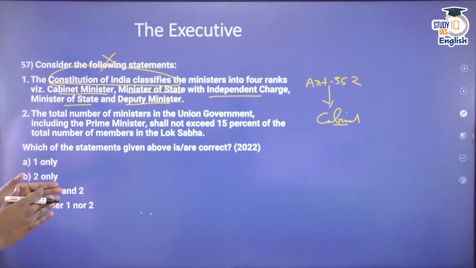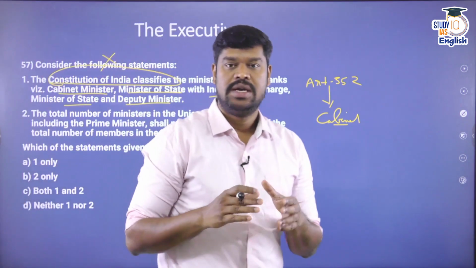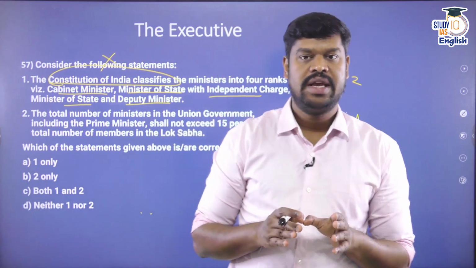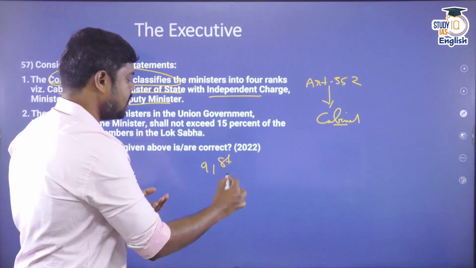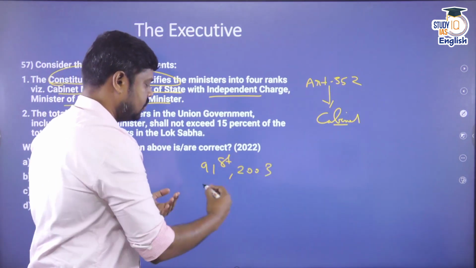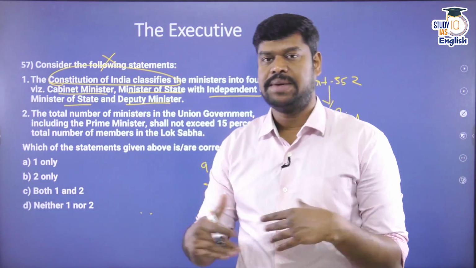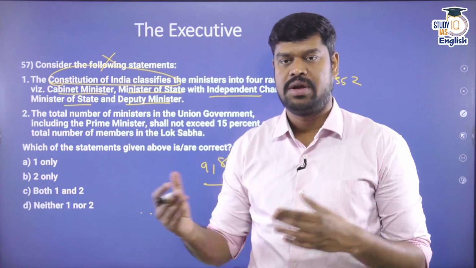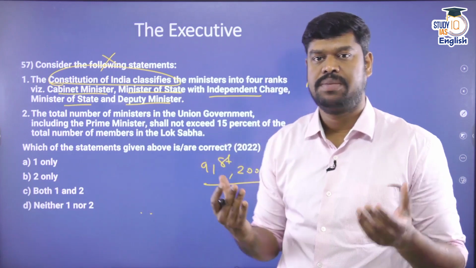The total number of ministers in the union government, including the Prime Minister, shall not exceed 15% of the total number of members in the Lok Sabha. Is it true? Till the year 2003 and the 91st Constitutional Amendment Act, there was no such restriction. It was not in the original Constitution, but subsequently, because of coalition governments, where a single party does not have the majority and there is a coalition partnership,